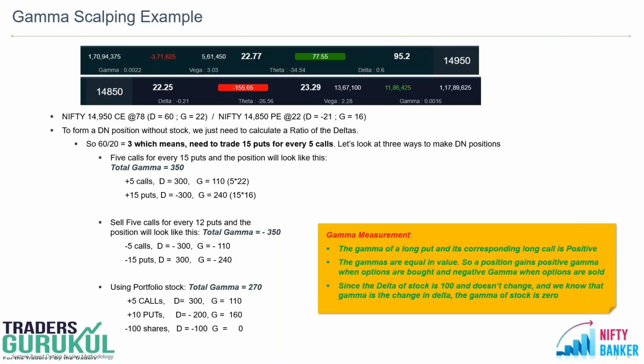So what we're looking at right now: if 100 shares are there and my 5 calls have 300, it is fetching me 300 delta. 10 puts I have. So okay, what will happen? It will come from the number of shares that you have for that particular stock. So had this been say 150, your delta would have been 150 now. So you'd have added 5 more, you'd have reduced 5 more. So what we are looking at here is how much delta is coming from these shares, how much delta is coming from the calls, and finally we're adjusting that with the put, and then again it is getting to 0. Now how much